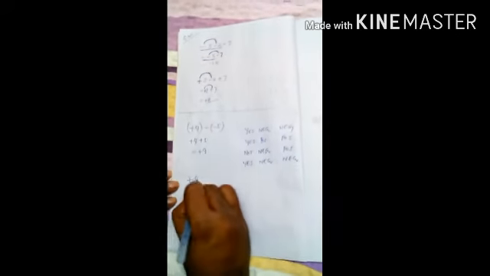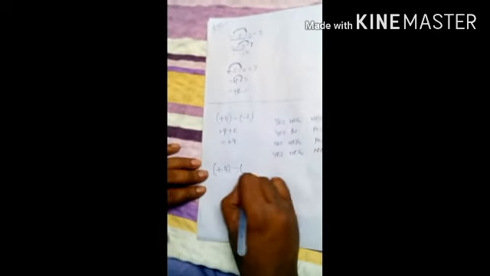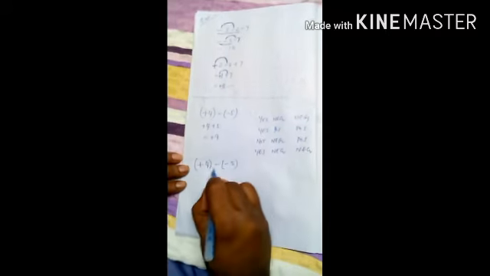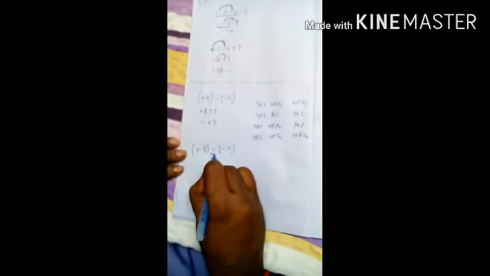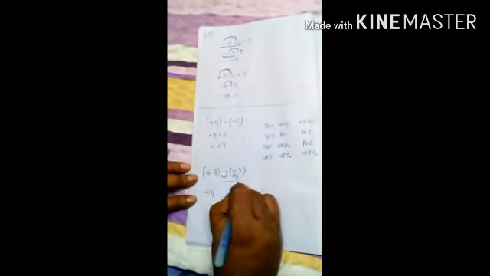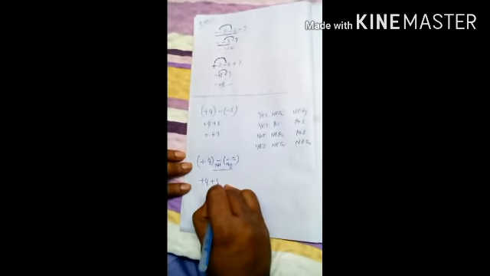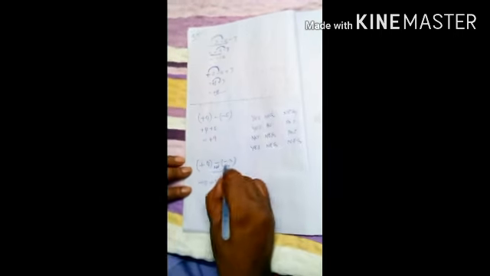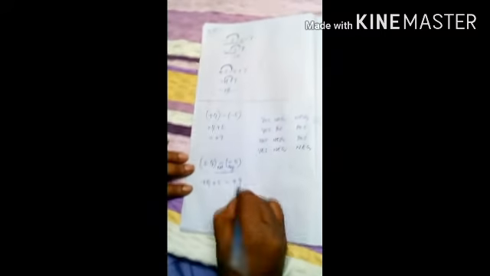Now the same sum I am explaining. Plus 4 plus 4 minus 5. Here the first one is not, the second one is negative. Not negative, in the sense positive. So plus 4, not negative, in the sense positive, plus 5. Not negative, plus 5, is equal to plus 9.